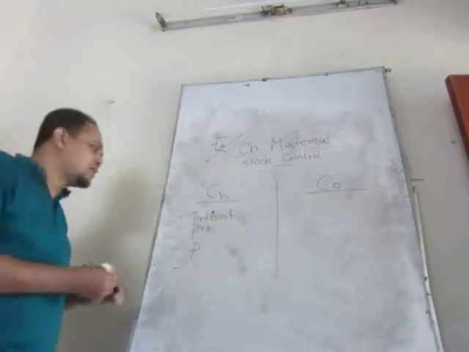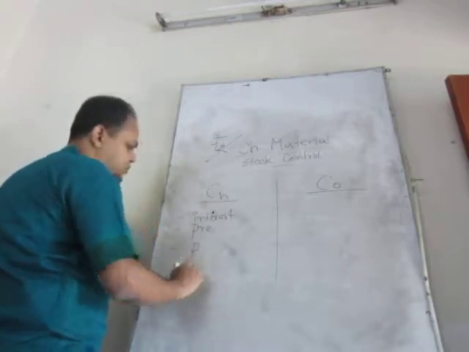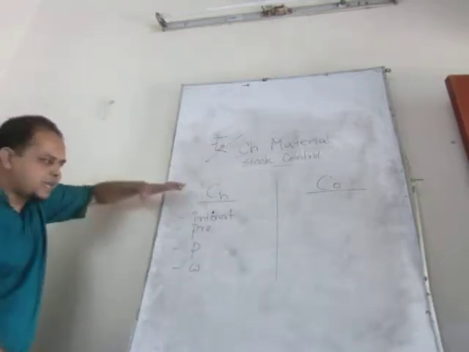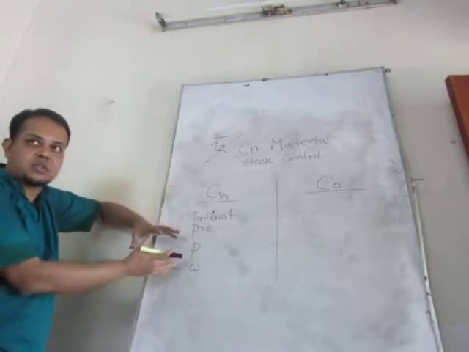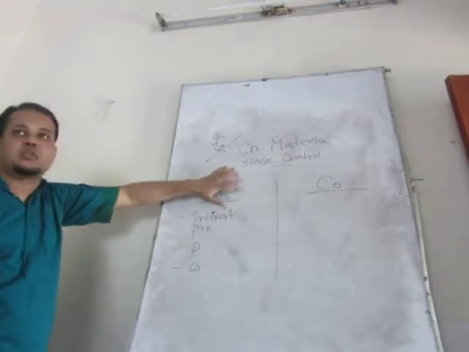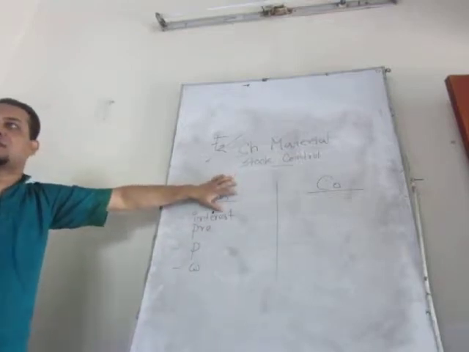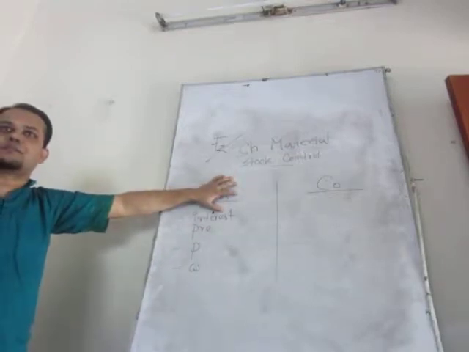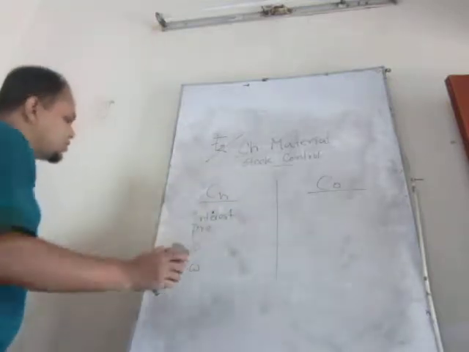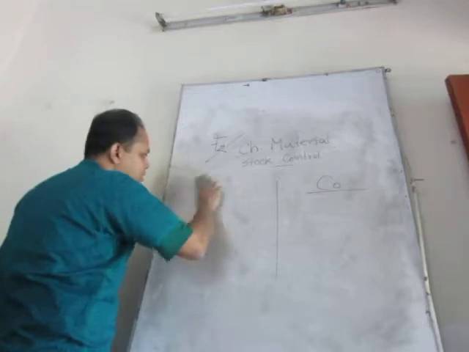So warehousing charge as well. When you add up all these kinds of cost, it will ultimately provide your holding cost of that individual stock. Clear? But here we need to focus,